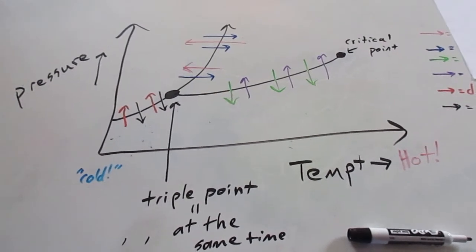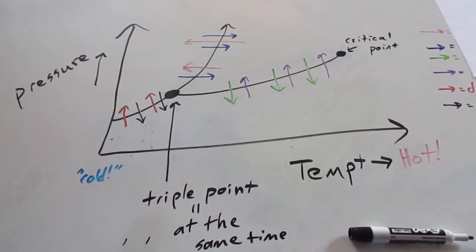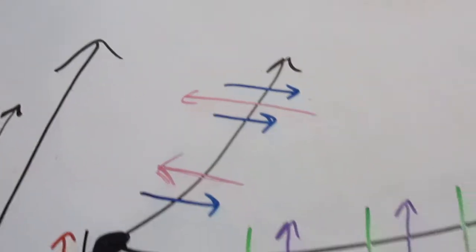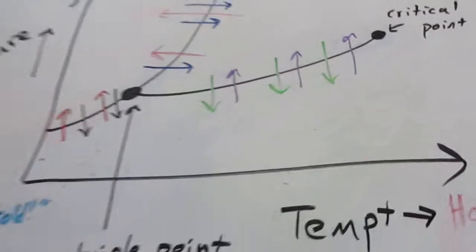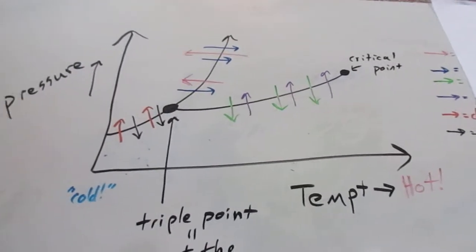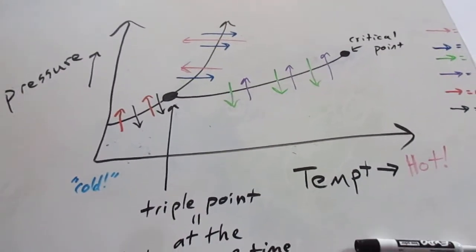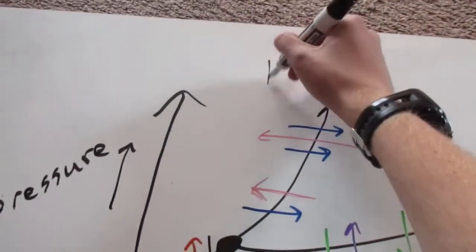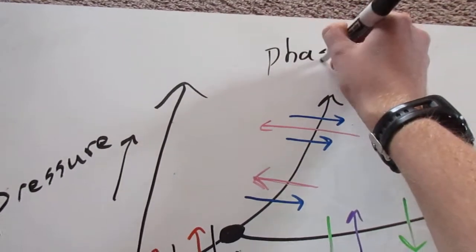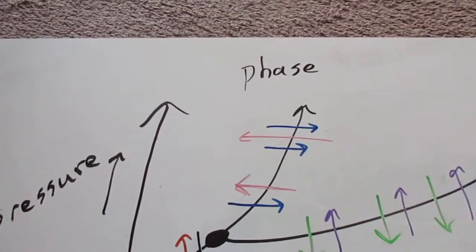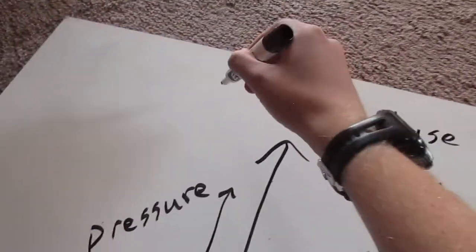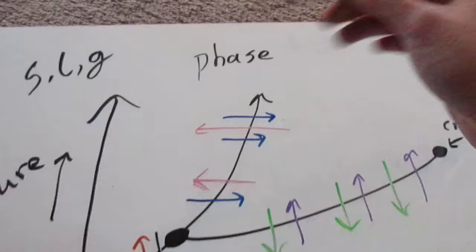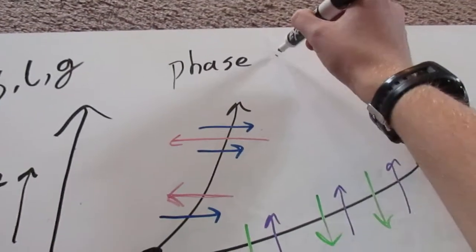Now you can see that I have something in front of me that has a lot of lines, a lot of color to it, a lot of different arrows. And one of the things I just wanted to start with is this is not a scary thing. You guys have heard of phases before. And we know that phases, right, these are going to be solids, liquids, and gases. And this is actually called a phase diagram,